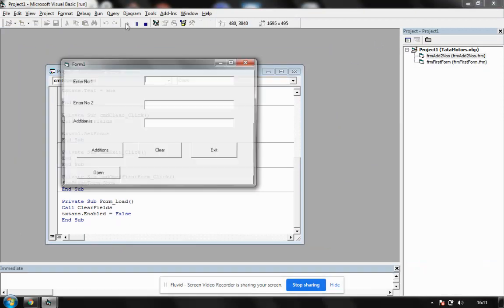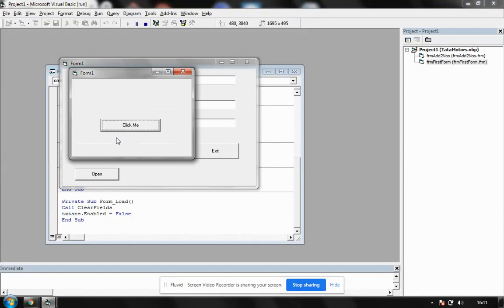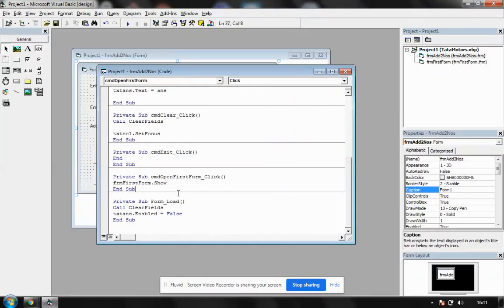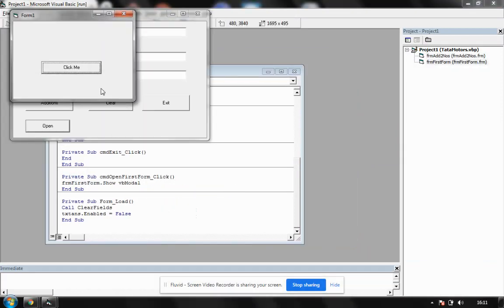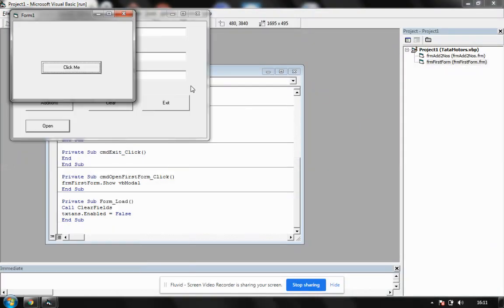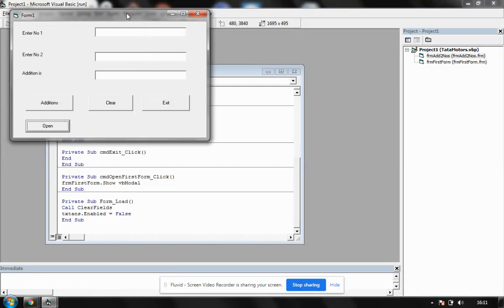When I click this, I run the program. I click on this open. It shows me that form. When I click on that form, it shows me output. Fine. In this case, I can come directly to this form. So if I want to make it, there are basically two types of form: modal and modeless. So if I say VB modal, fine, I'll be checking it out. When you say VB modal and try to go to another form, in the same screen it will not allow. That means unless and until you close this, you can't go back to your master form. I close it and I'm back in the master form.